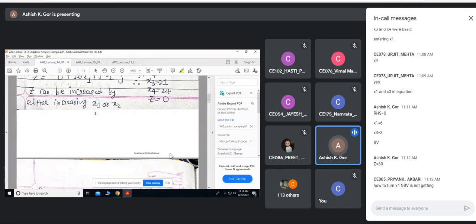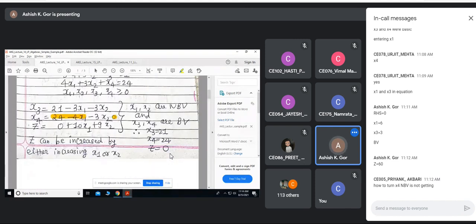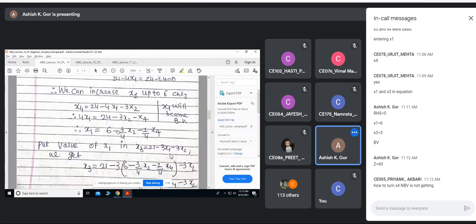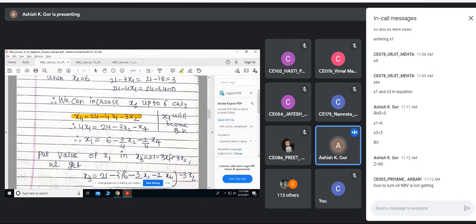What I want is, this equation is my handle to progress. So x4 is the handle. That means I want to increase x1 and x4 is the handle, so that I change x1 to basic, and for that I remove x4. Remove means I push it to the right-hand side.